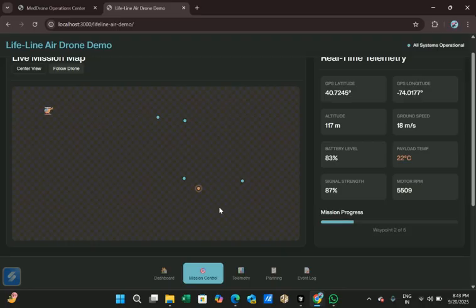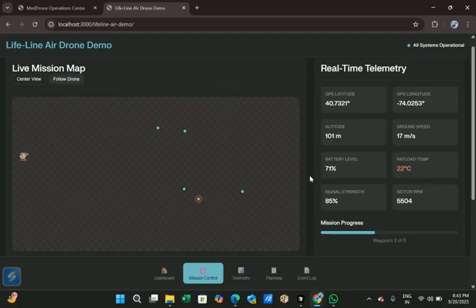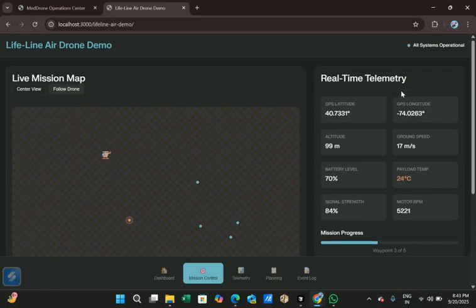If we pause the mission, then the drone will stop there itself and then it will navigate and search for a safe zone where it can land smoothly. And if in an emergency we abort the mission, the drone will go to the nearby checkpoint. In the real-time telemetry, basically it shows the progress report of the drone, like the height, altitude, ground speed, the movement, payload temperature, battery level.